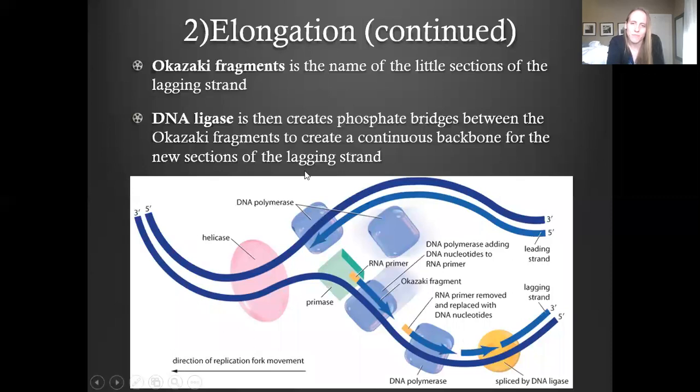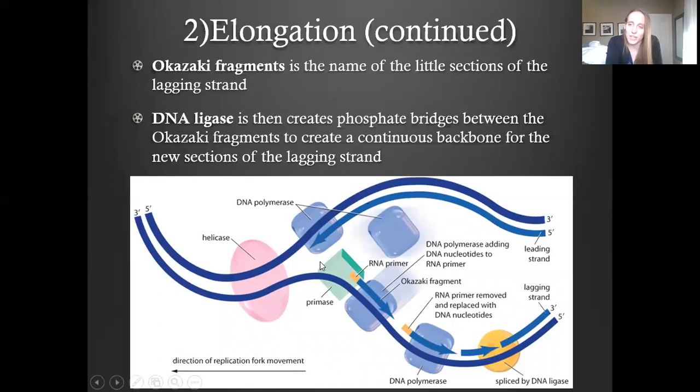So these kind of dark blue are the original strands of the DNA molecule. They have been separated by the helicase. And then this kind of blue square is the DNA polymerase 3. It's building the new strand, which is this light blue color, in the 5' to 3' direction towards the replication fork, which would be right here. So that would be the leading strand up top. And then on the bottom,